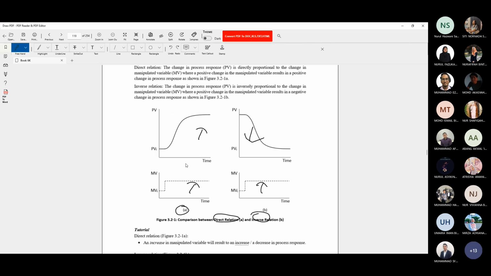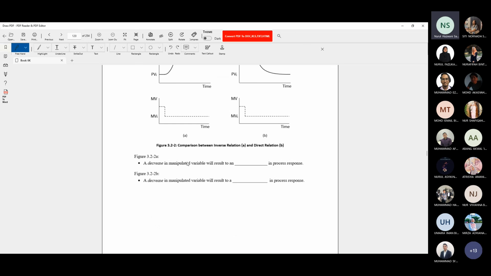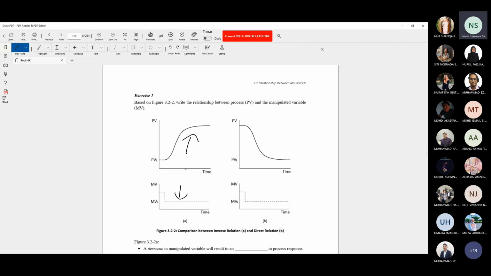Okay, so next, kita ada satu lagi type which is bila MV decrease, the PV increase. Yang ni decrease, yang ni increase. Yang ni dipanggil inverse. Bila MV decrease, PV also decrease. This one is